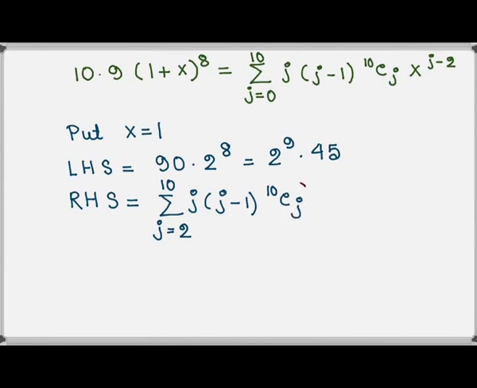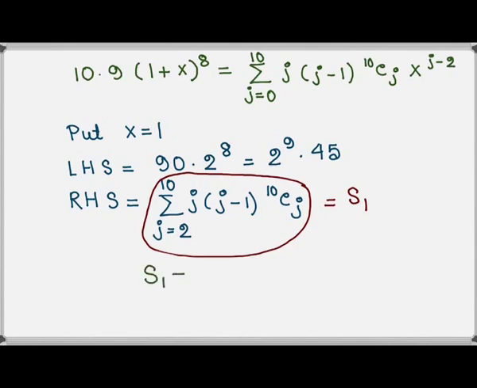One can note that this is nothing but the sum S1. So therefore we have found out that the value of the sum S1 is equal to 2 to the power 9 into 45,